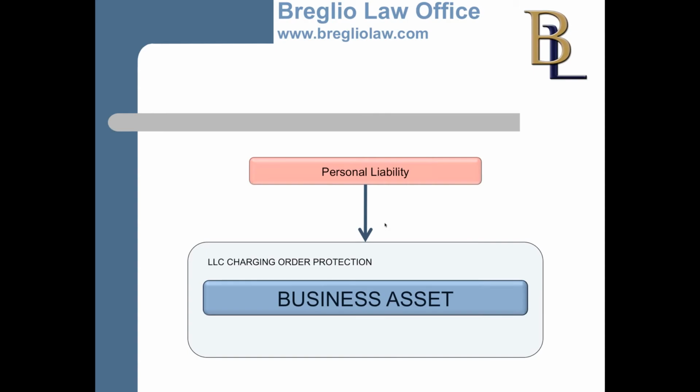But again, it derives from partnership law, and so you must have a partner. This charging order protection does not come from single member LLCs, things you own in just your personal name. It must be a multi-member LLC or a partnership where there's actually somebody else involved, because the point is to protect the innocent partner. So as long as you've got an innocent party involved in the company, that business asset is protected.